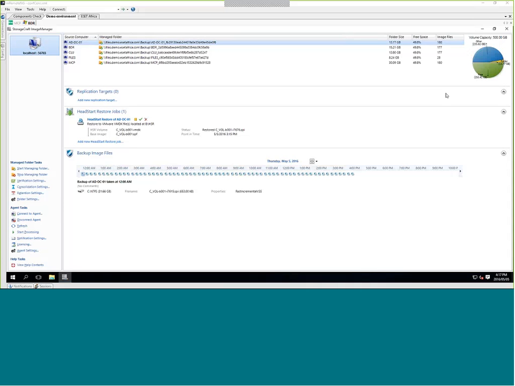Next, I just want to see if I'm missing any questions. Will you need a license for replication and head start restore jobs if the replication destination is an attached drive? So as I mentioned, local replication is always free. Head start restore and network replication typically require licenses. So I hope that answers that question. And I'm just trying to see if I've missed anything else. It doesn't look like it. I'm going to give a couple of seconds longer for anyone to send through any last questions before we wrap this up.